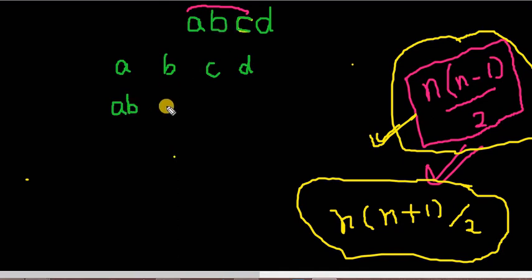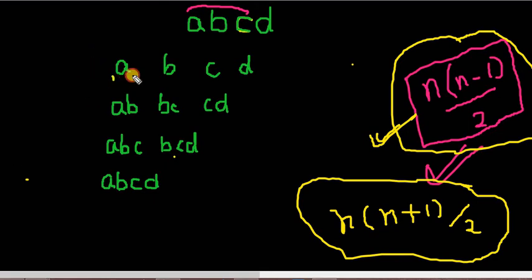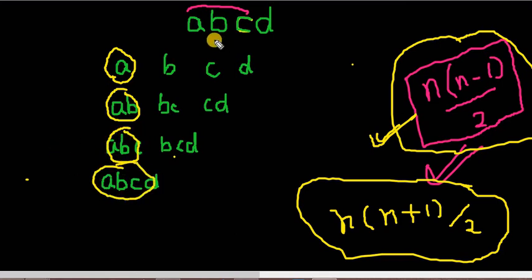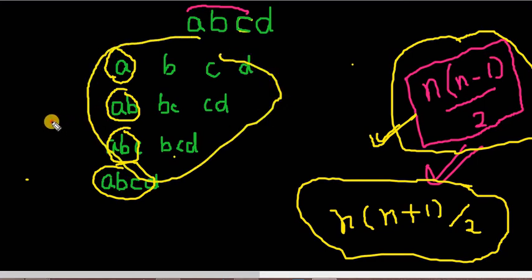But I'll write down all the substrings so that we can understand this better. For length 4 it will be ABCD as a whole. However, let's do the math again. For length 1, there is no repeating character, so no pair is found. Similarly, for length 2 substrings, there is no pair available. Similarly for this and this again. So there is no pair in these substrings, so we'll return the value 0.